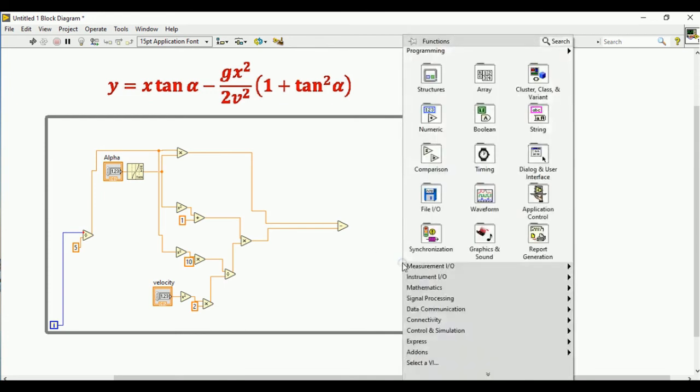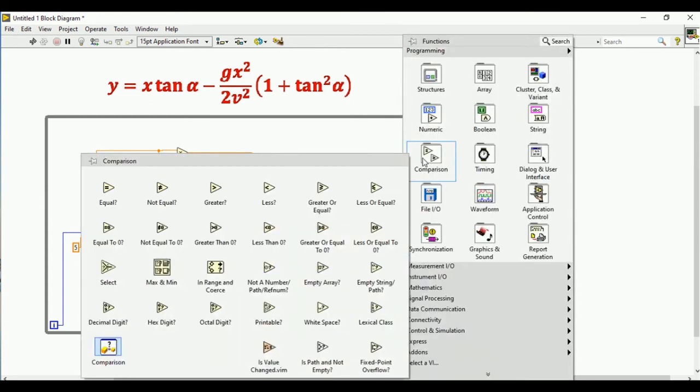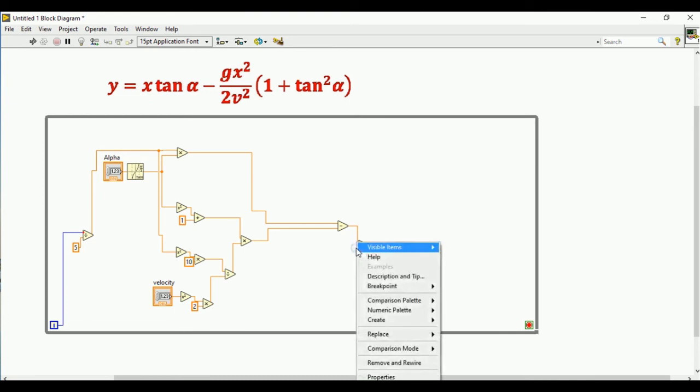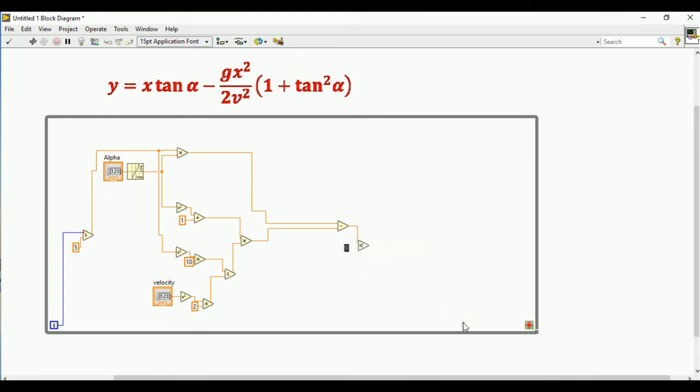So here I am giving one comparison, so I have to choose one. Here I am choosing less than. So this is the y value, and I am creating one constant, that is 0. That means if the y value is less than 0, then this program will stop.